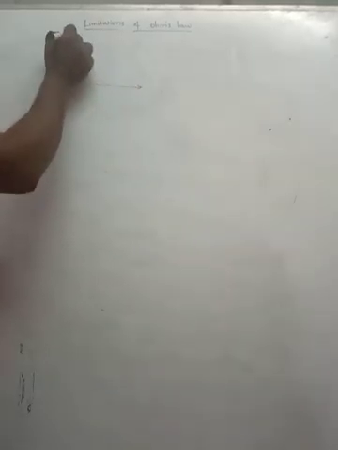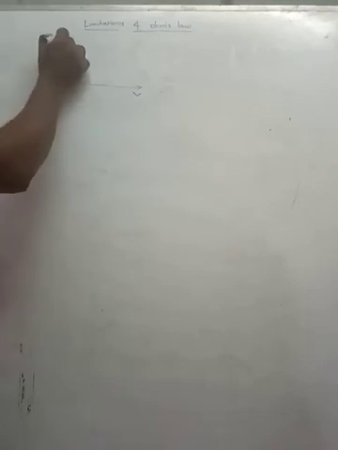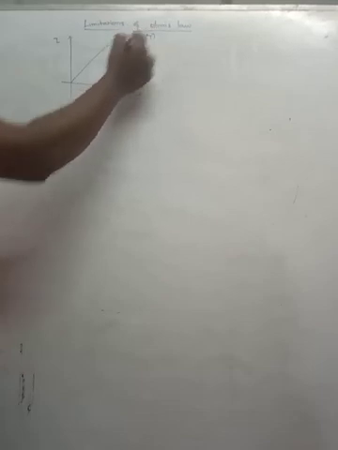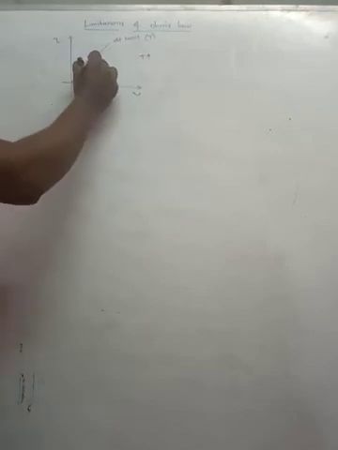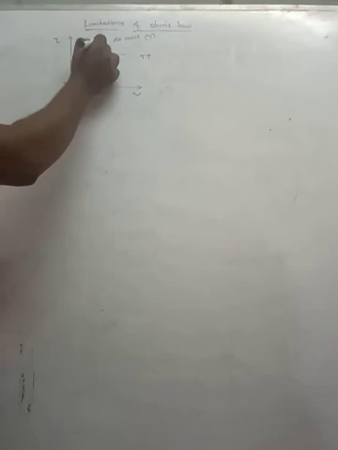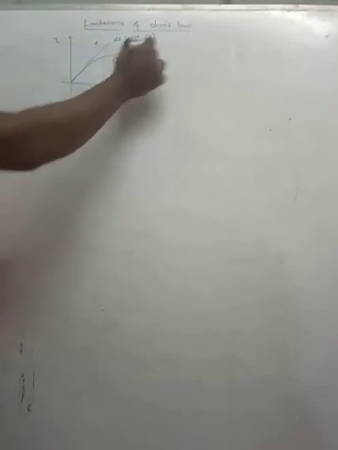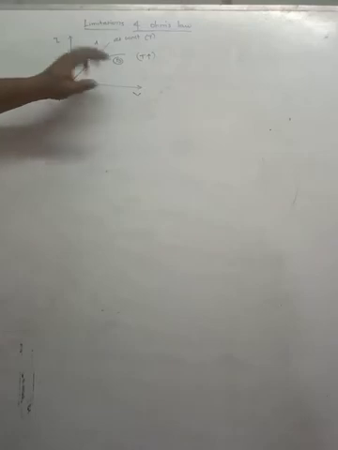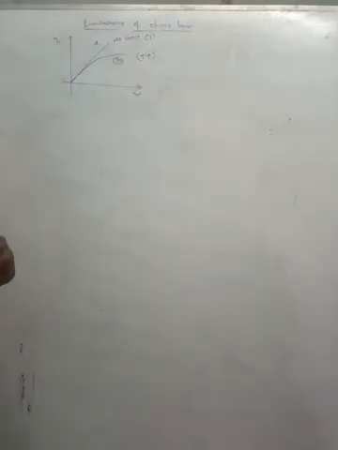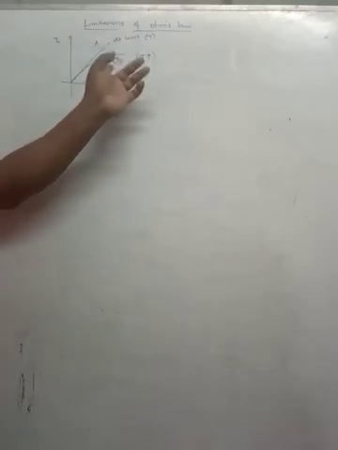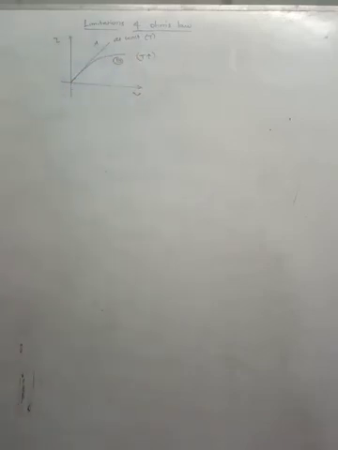For example, normally at a constant temperature, if you draw a graph between potential and current, the graph is a straight line. Suppose the temperature increases, what will happen? The graph will come this way. This is graph A, this is graph B. The graph B never obeys Ohm's law. According to Ohm's law, the graph must be a straight line, as in graph A. But here the graph is not a straight line. This indicates that when temperature increases, it never obeys Ohm's law. So this is a limitation of Ohm's law.